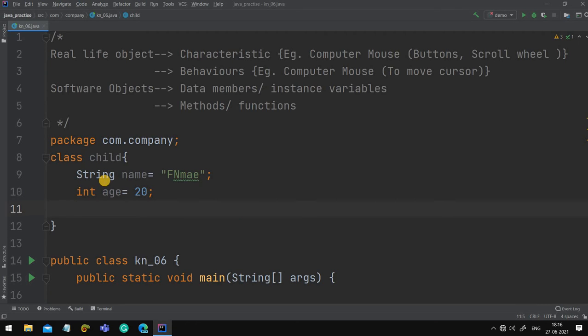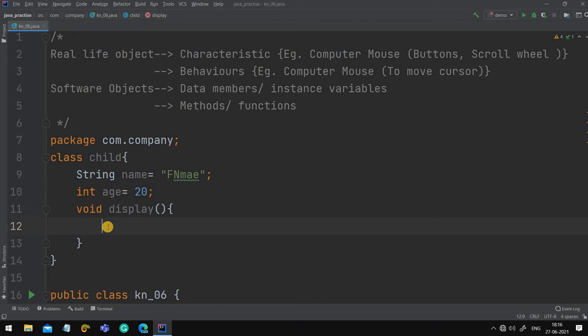Now let's display both of them. For that we will create a method, and all about methods you will be knowing in another video. So wait for it, tomorrow only it will be coming. void display. How to create the method, what is the meaning of void, that all you will get to know in that video.